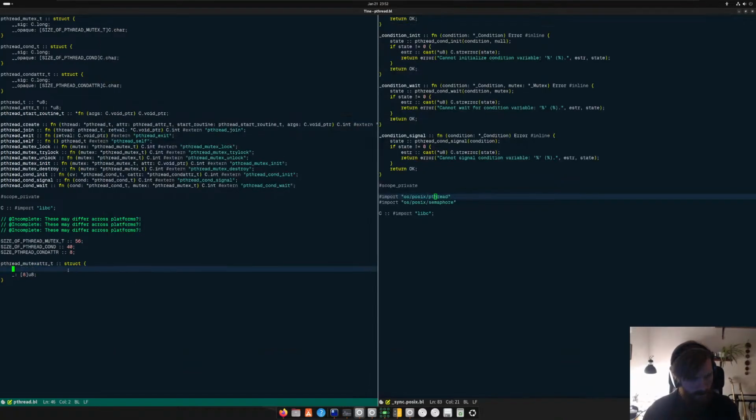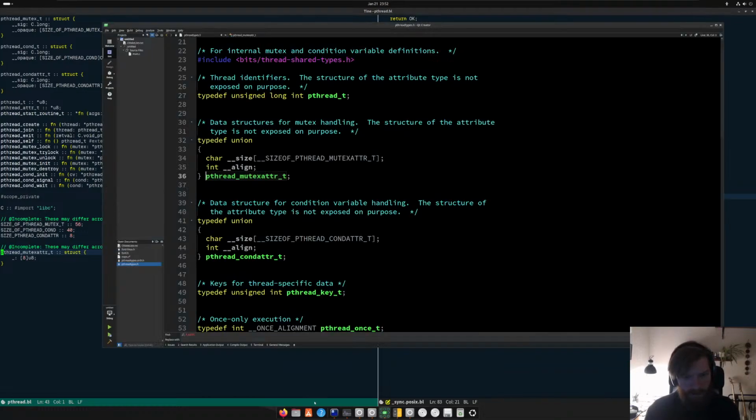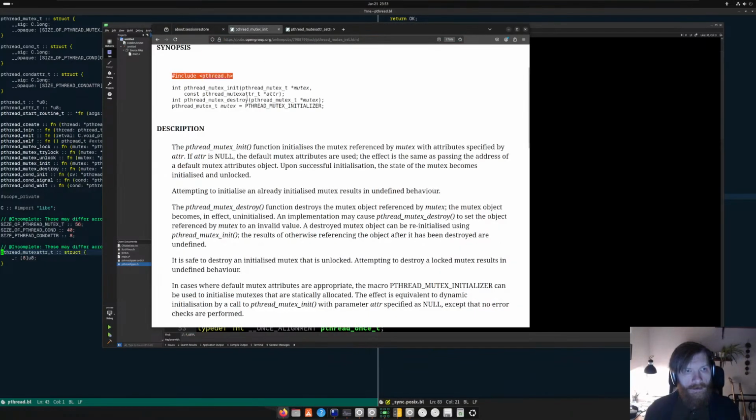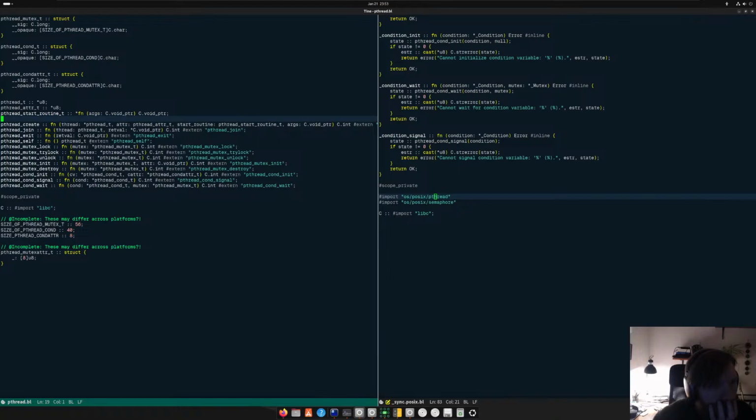So pthread create, pthread create. Yeah, that's the different one, but anyway, I have mutex in it, and attributes are void pointers, so now the attributes will be pointed to this thing,